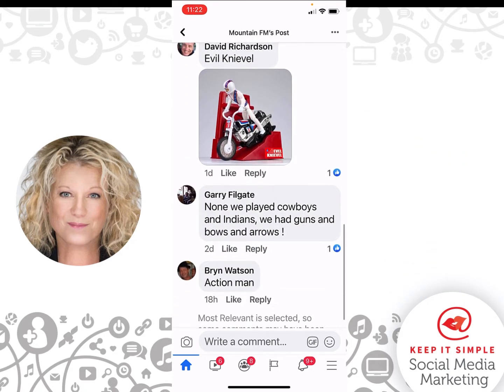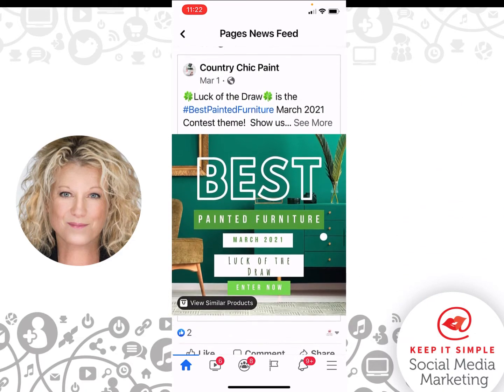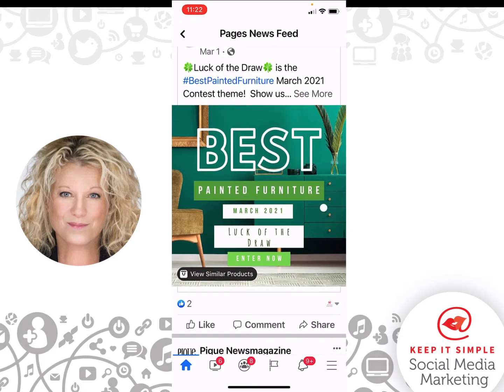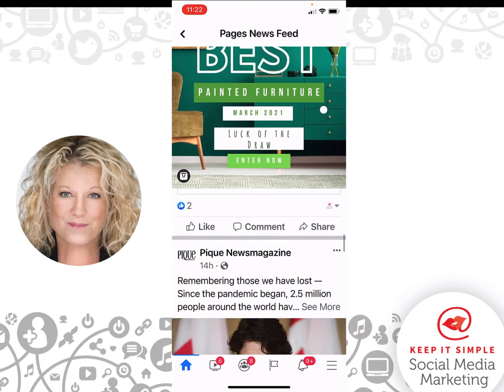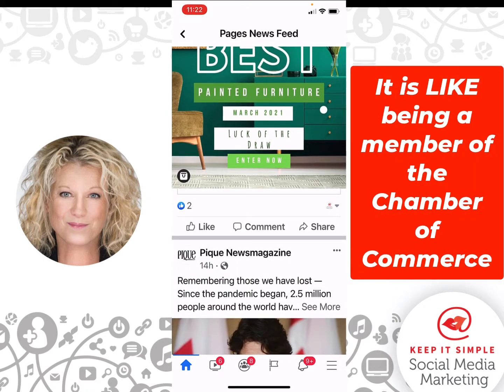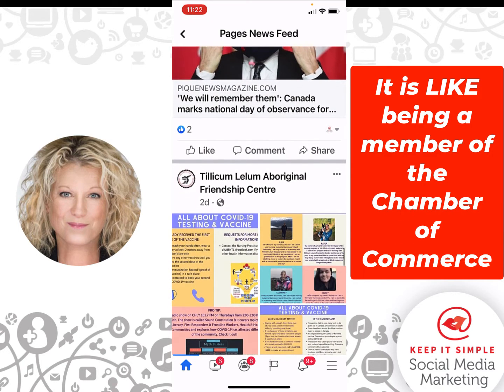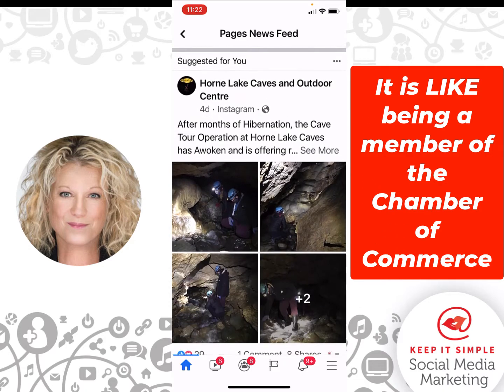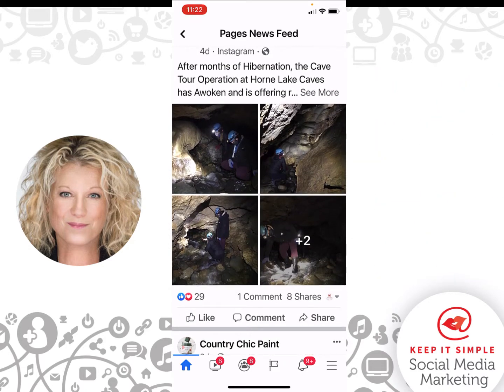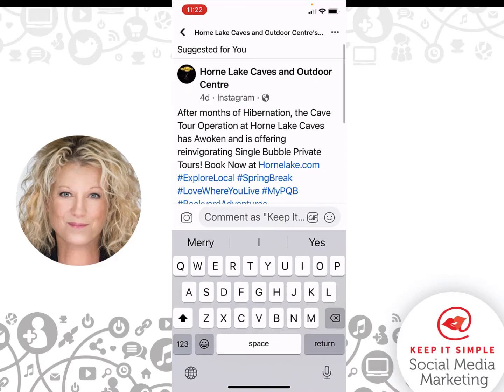Now, I think that this opportunity to cross-pollinate with other business pages not only lets the other businesses see your name, but also all the people that are liking the content on this post get to see your business name. And it works even better when you comment as your business in a comment as opposed to just a like.